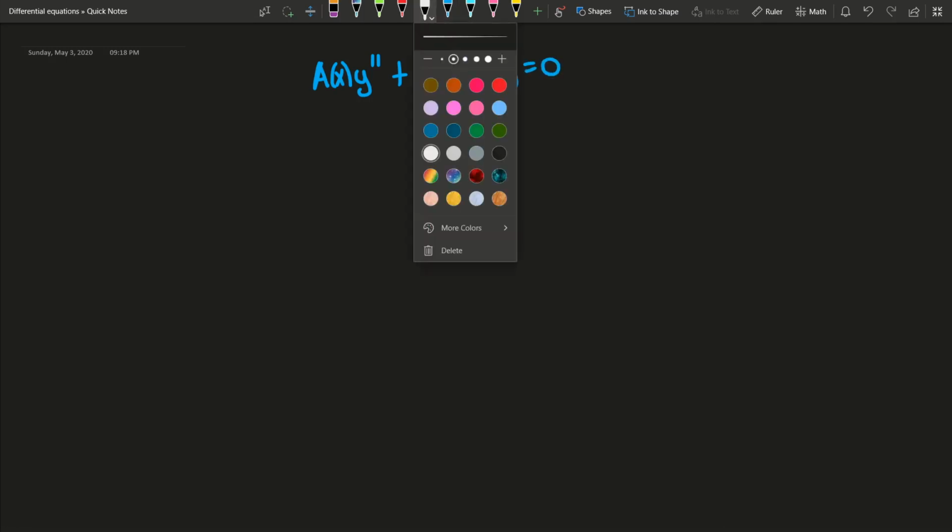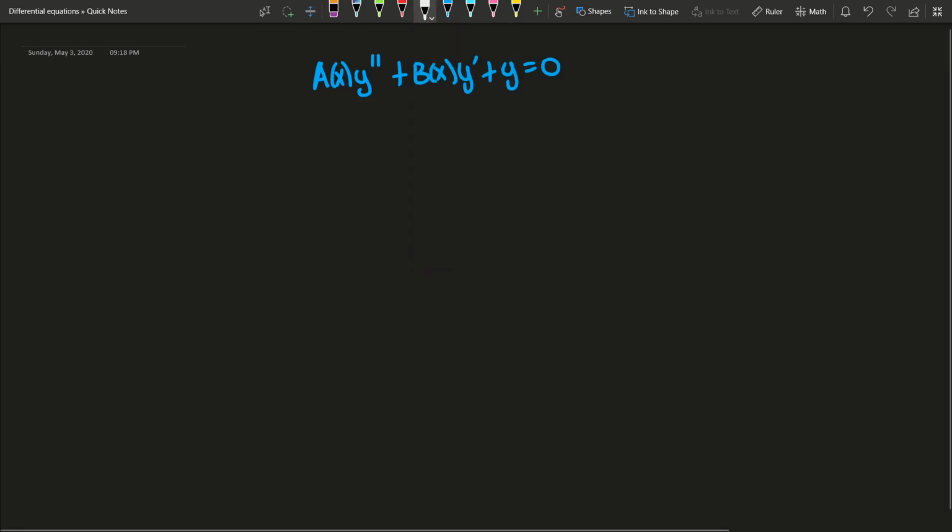As you can see, a is a function of x, b is a function of x, and I've made a mistake already. C is also a function of x,